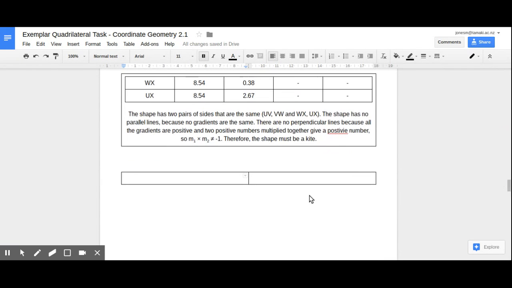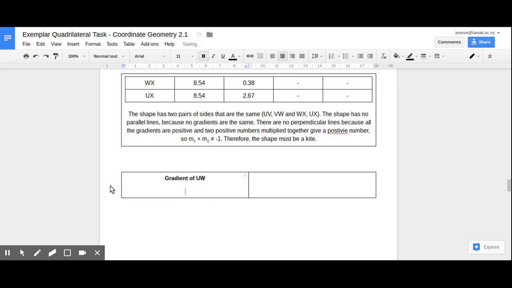So what we're going to look at is the gradient of UW. Let's start by doing that. Okay, so I'm going to say the gradient of UW is equal to,